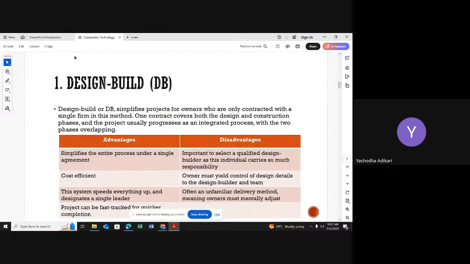Keep in your mind, in design build, design and construction, both things are done by the same company. And it creates some disadvantages for the client because the client should work with the same person. Under the advantages, we can say it is a little bit quicker than some other procurement methods, because it is not required to wait until receiving the designer's approval to start the work. Those are the advantages and disadvantages in this process.